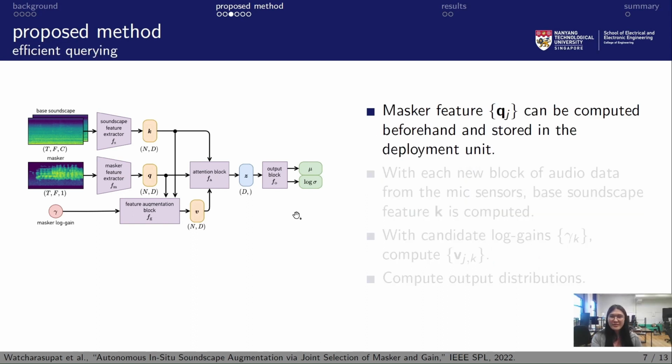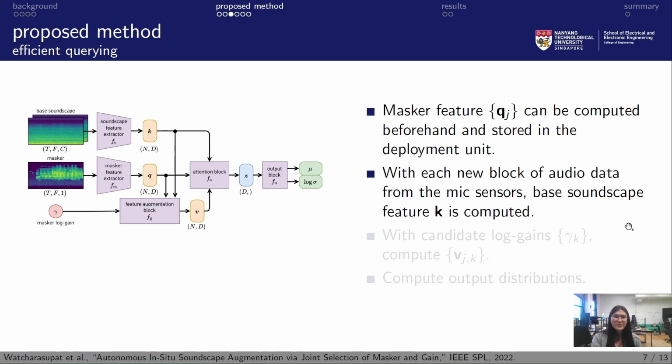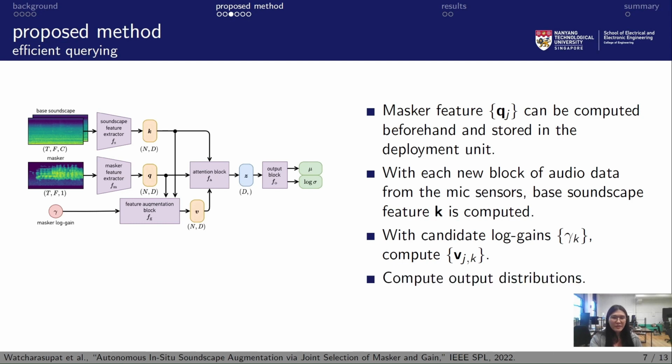In practice, our maskers, which normally come from a masker bank, can all be computed beforehand and then stored as a feature in the deployment unit. With each new block of audio data from the microphone sensor, the base soundscape feature K can then be computed, and then all of this information plus the candidate logits can be used to compute and output the rest of the predicted distribution,